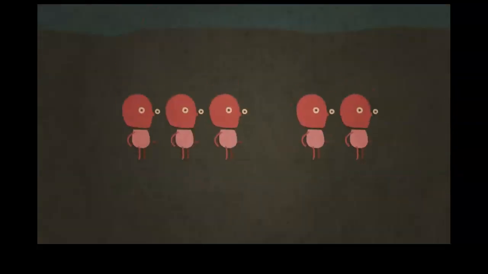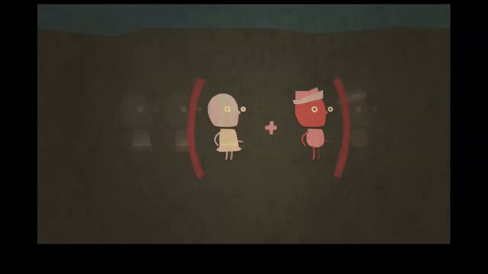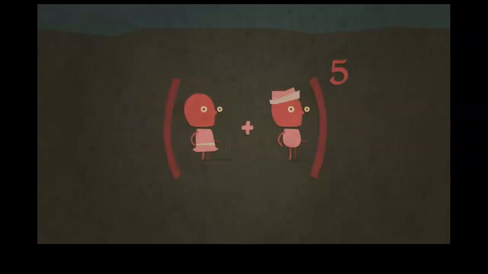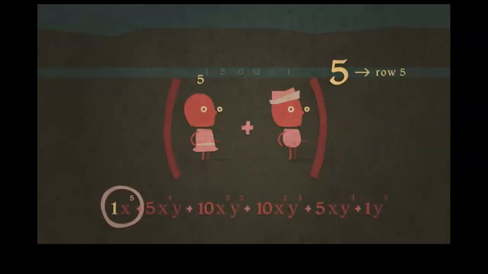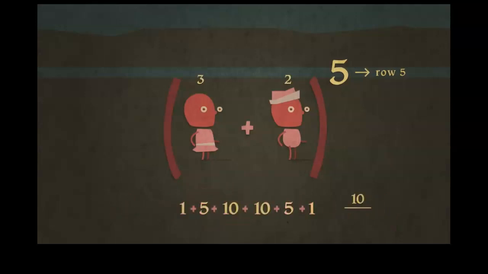Say you want to have 5 children and would like to know the probability of having your dream family of 3 girls and 2 boys. In the binomial expansion, that corresponds to (girl + boy) to the 5th power. So we look at row 5, where the first number corresponds to 5 girls and the last corresponds to 5 boys. The third number is what we're looking for, 10 out of the sum of all the possibilities in the row, so 10 over 32, or